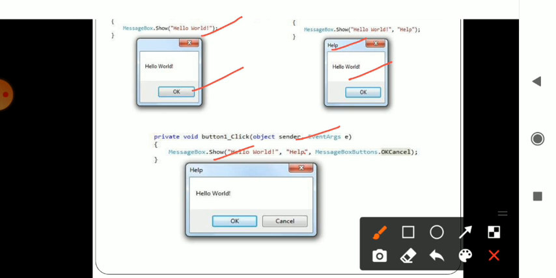It will show help, and even message box buttons like OK and Cancel will be displayed on the screen if you include them.